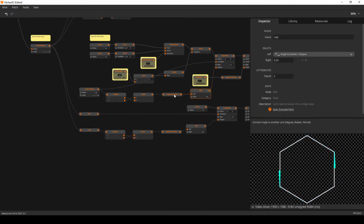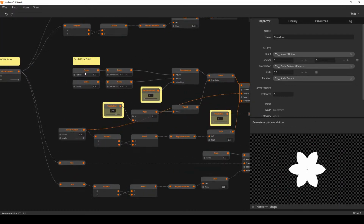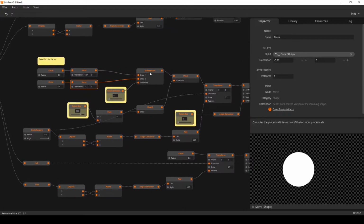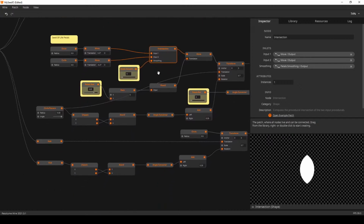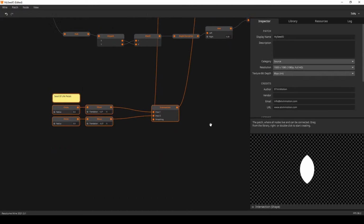Let's pick some other stuff apart. So the petals, those are nice to see how they are made. We have two shapes, using the intersection. I like that idea. Yeah, that's a cool idea. To be honest, I didn't touch the intersection node myself a lot because I didn't find an awful lot of use for this. But this is a cool example, and I'm gonna drag it down because it does show